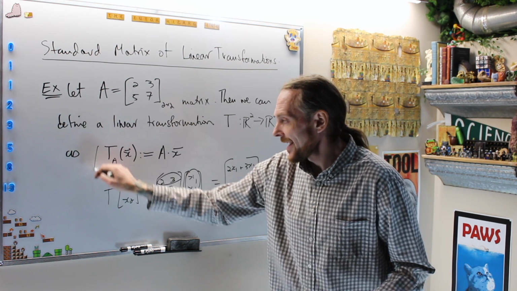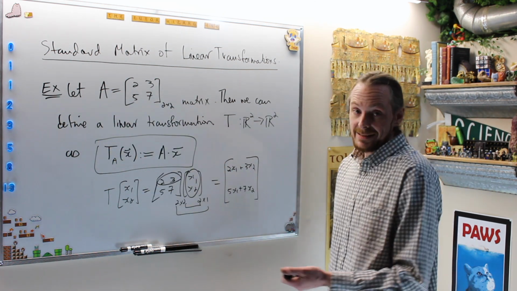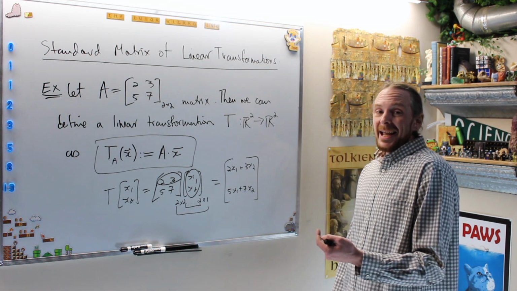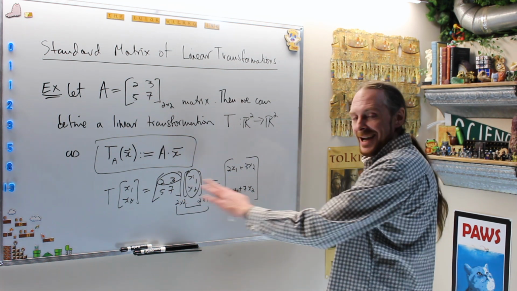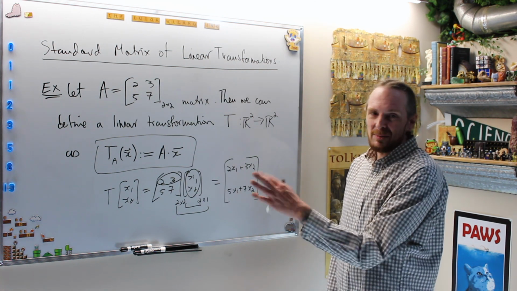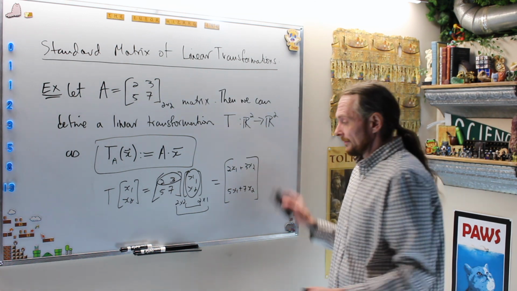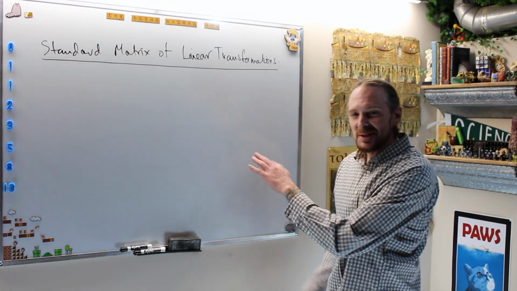T_A of x is A of x. Going the other direction, what will that say? The other direction will tell me, here's the clever trick that we're going to have to do. Given a linear transformation, how do I see that it has a matrix associated to it every time? I'll do an example and then I'll state the theorem that says it always works. So you can see it, I'm actually going to use the matrix I just used and do it in reverse